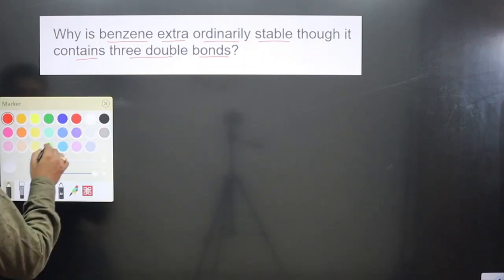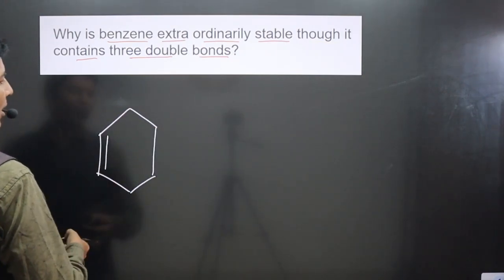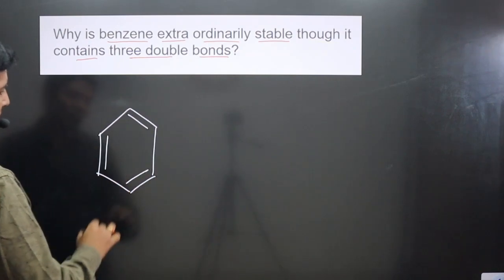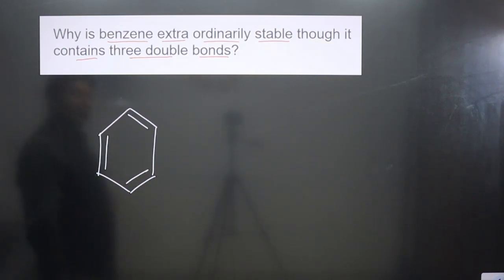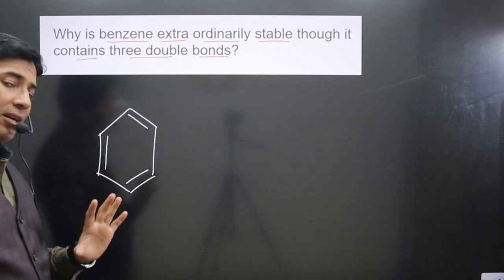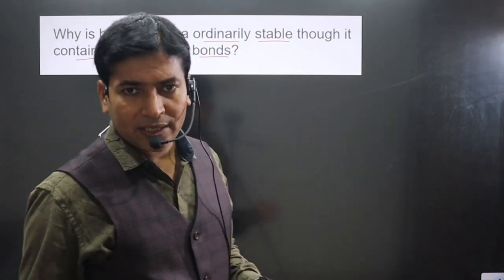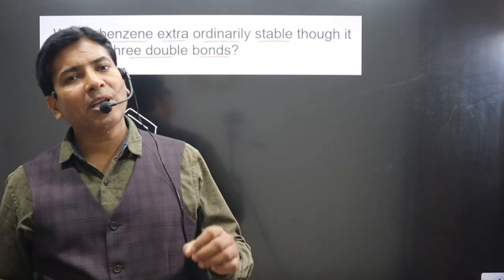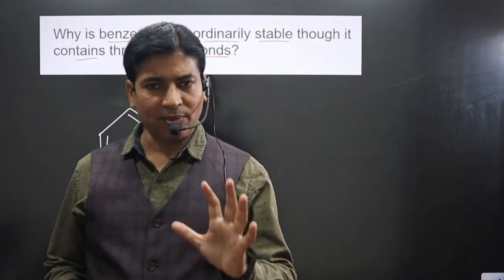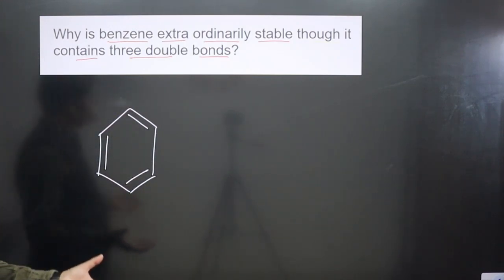Okay, for benzene we have benzene ring. This is what we have, benzene ring. Okay, one pi bond, second pi bond, and third pi bond is there. Okay, you can see in this benzene structure we have double bond, single bond, double bond, single bond, double bond, single bond. Conjugated system is there. Conjugated system. Okay, this is the plus point. Any system in which conjugation is there, resonance will be there, and we have learned higher the resonance, higher is the stability. So one factor we have, this benzene ring is having conjugated system, hence it has resonance also.